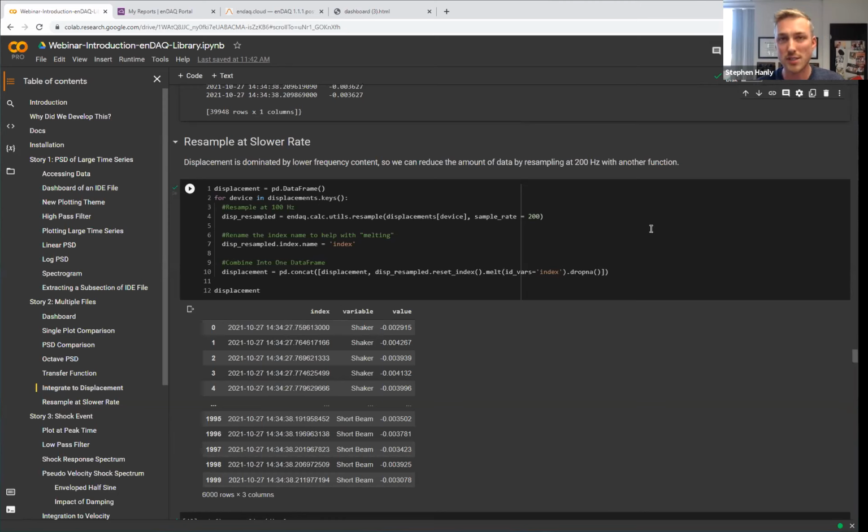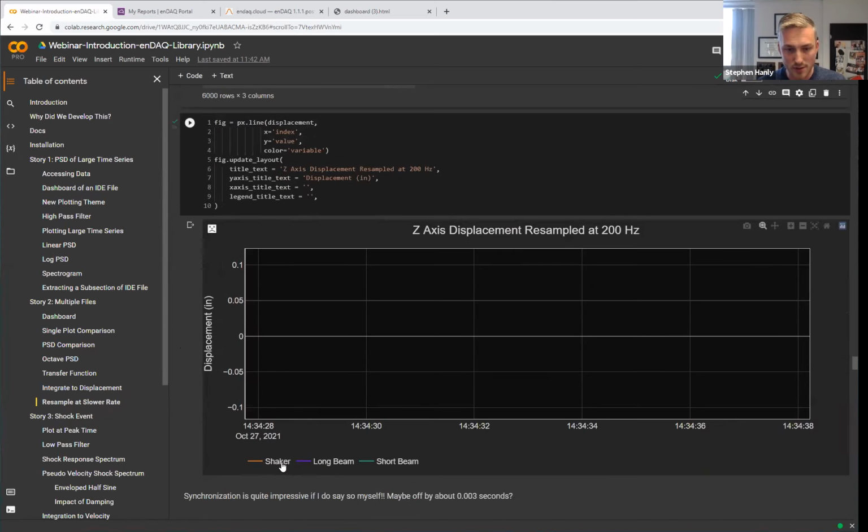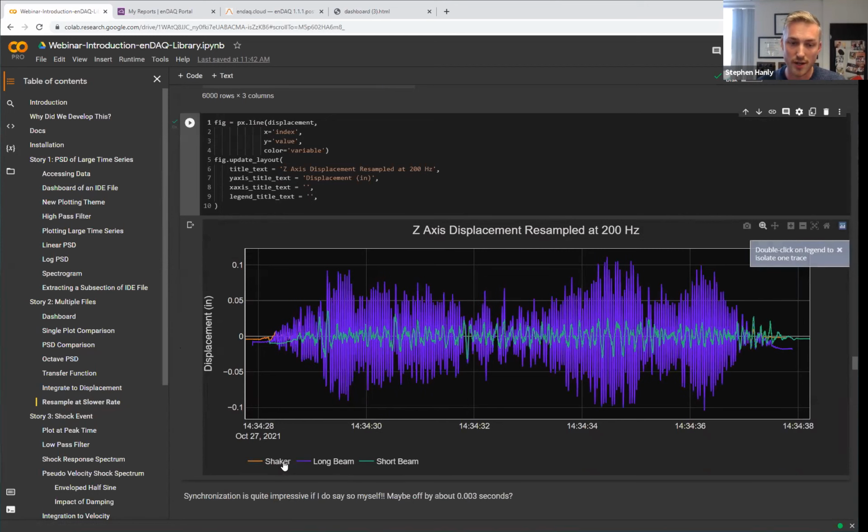I want to look at displacement. It's dominated by lower frequency content anyways. So I'm going to resample with our function to have a sample rate of 200 hertz. Now I can plot that all on one plot, and this is the double integrated displacement